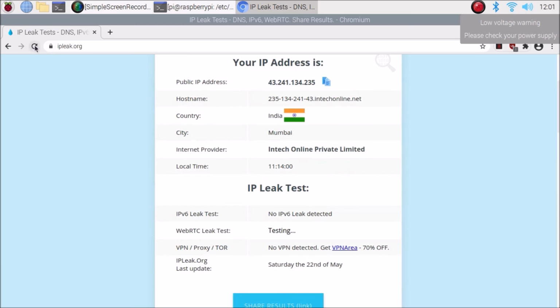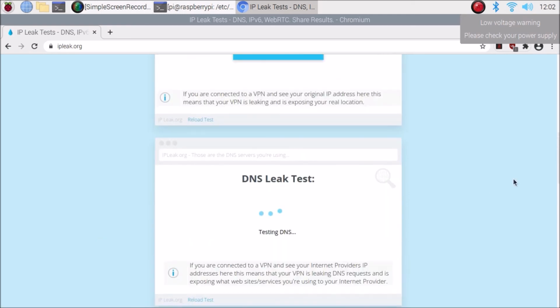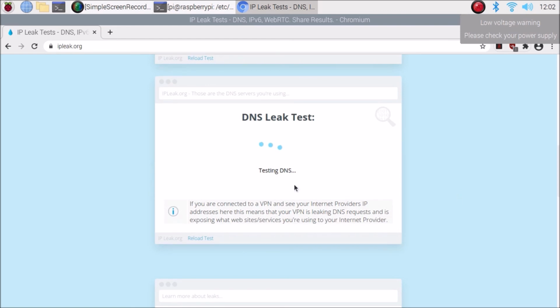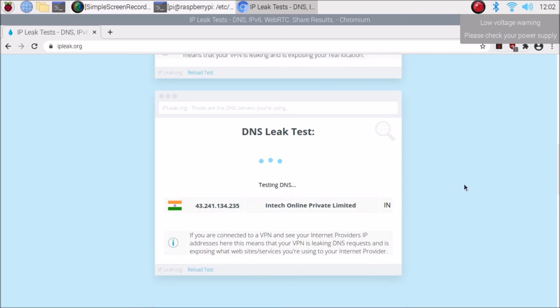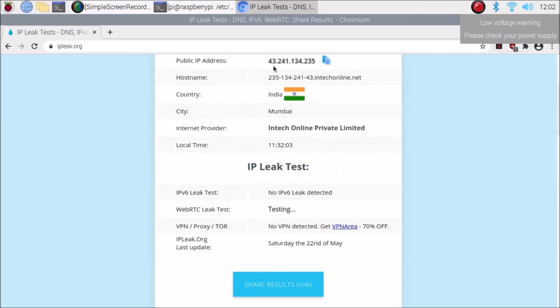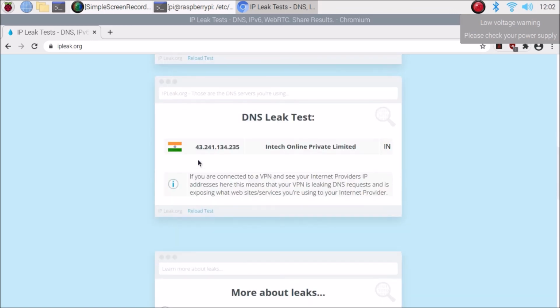Now I am going to refresh the website. If I scroll down, the DNS is now testing. As you can see, the public IP address and DNS IP address have now become the same. It starts with 43. Also here, as you can see, it starts with 43.